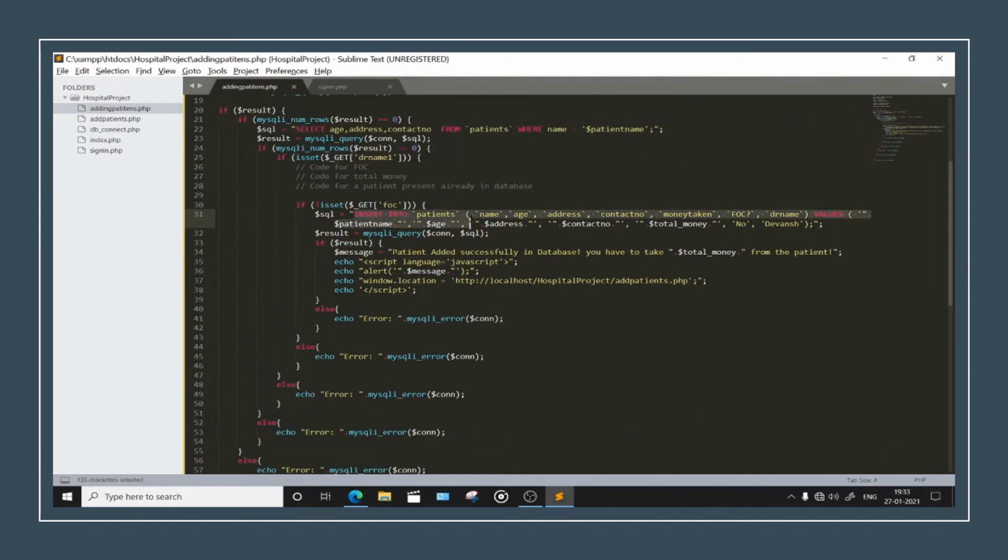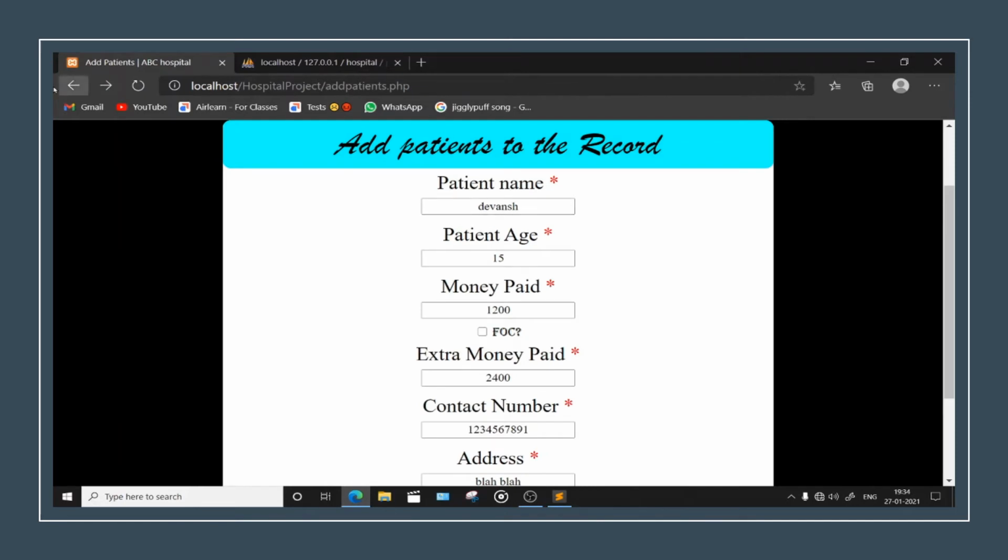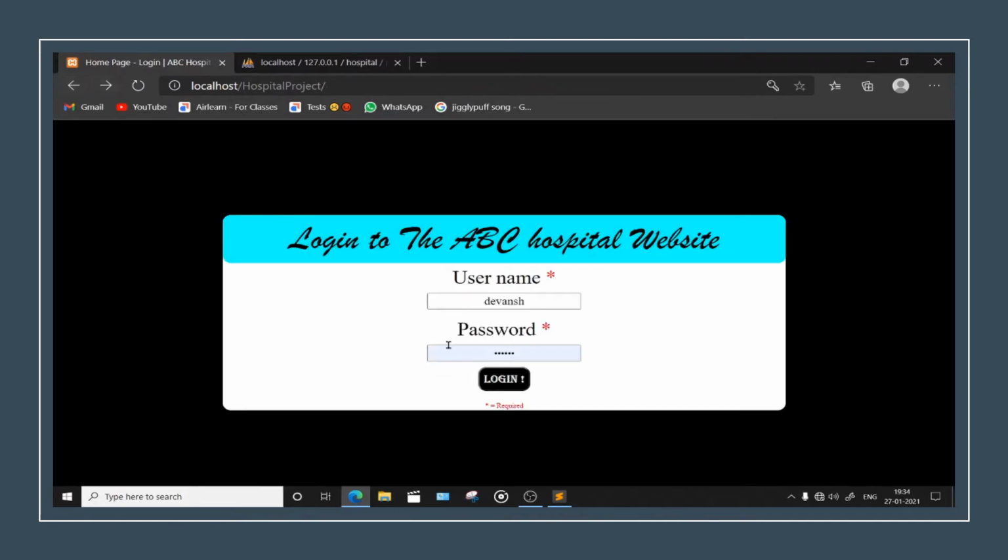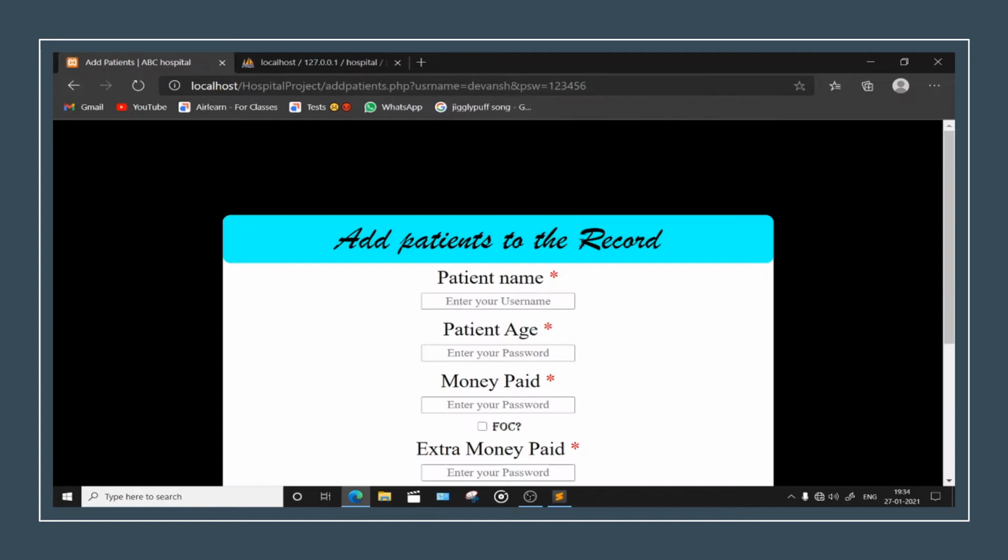Insert into this. Sorry, this one, and values to be given like this. No, this way. Refresh. What are we facing? Login. Okay.